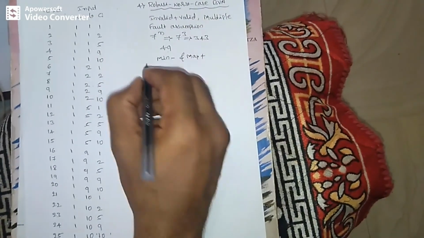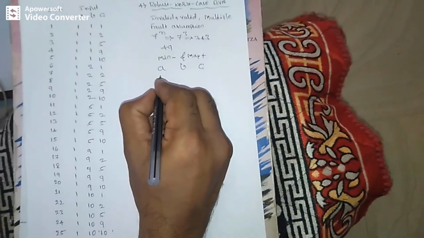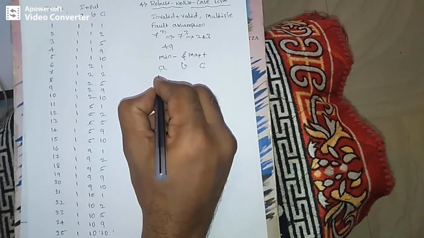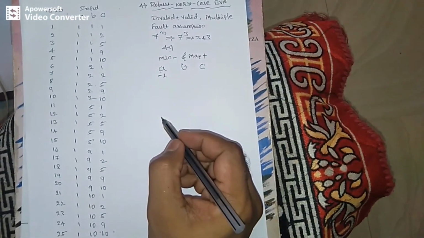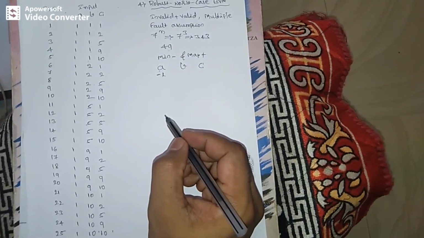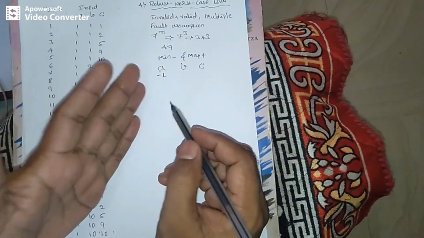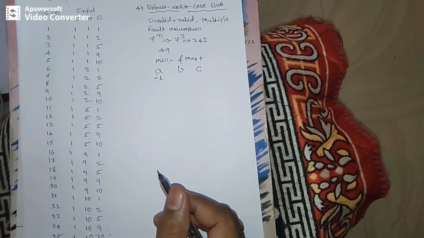So I'll explain you A, B, C. These are the three inputs. So first 49 times the A value will be minimum minus. Next 49 times A value will be minimum. Next 49 times A value will be like minimum minus, minimum, minimum plus, nominal, max minus, max, then max plus. In that order you have to write all the test cases.